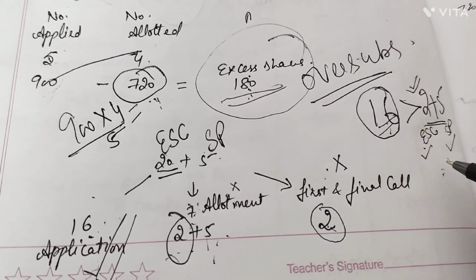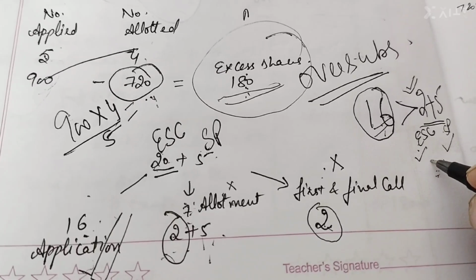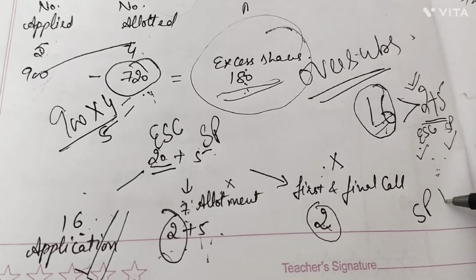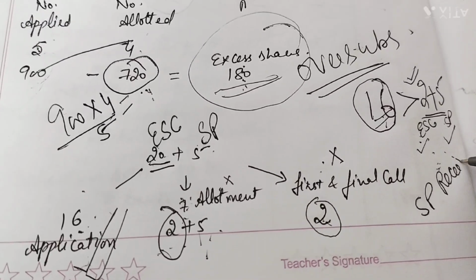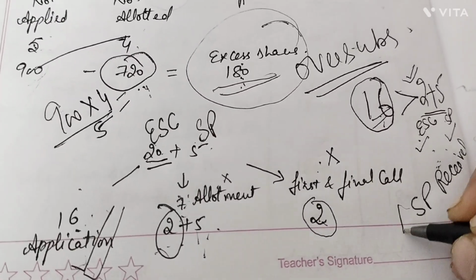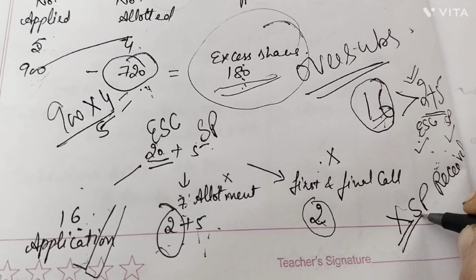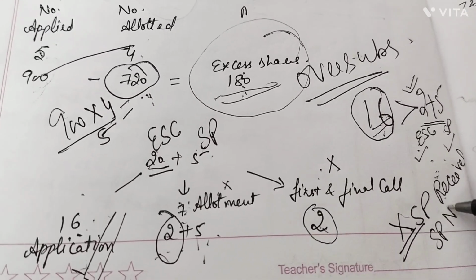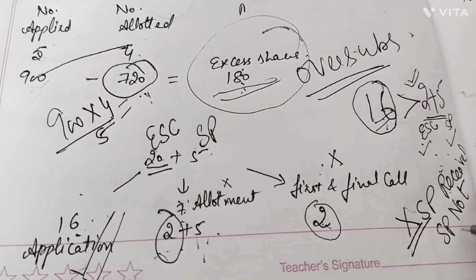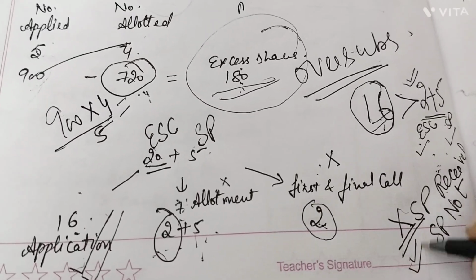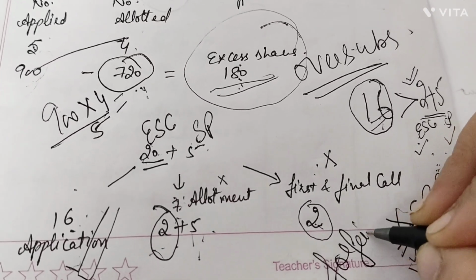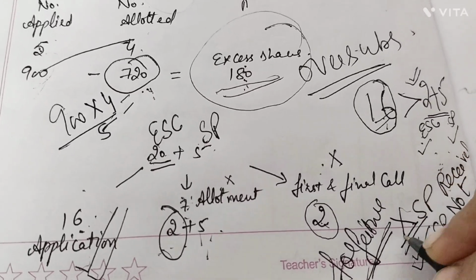Because you have to keep in mind that securities premium which is received by the company is never taken into the forfeiture of shares, and securities premium which is not received by the company is only taken into consideration for the forfeiture of shares. Got it? So let's go to the question now.